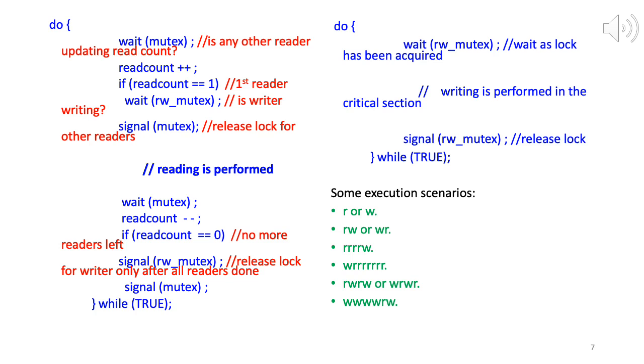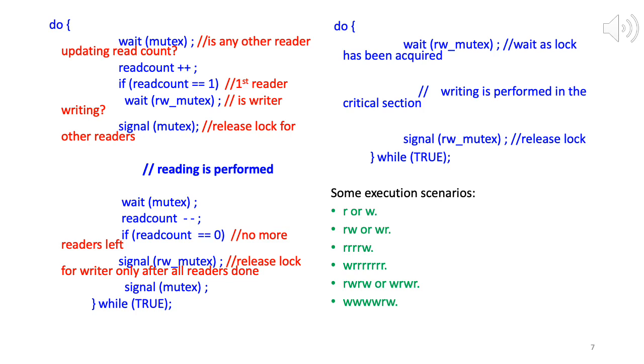First writer acquires the read write mutex. Now while it has the lock, a bunch of other writers come in. All three will wait on the read write mutex, definitely. And now quickly the reader comes, that also waits on the read write mutex. And now when the last writer comes, it also waits on the read write mutex. So all are waiting on the read write mutex, whether writer or reader.